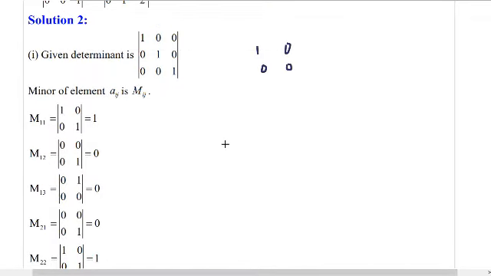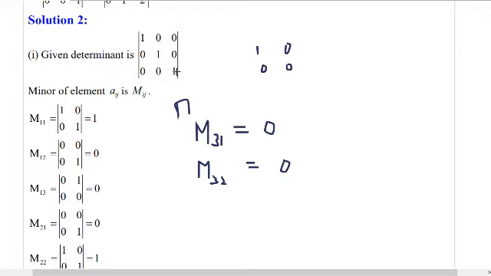Done? Alright, so let us proceed with the third row in the same manner. 3, 1. I am hiding the third row and first column, M31. The answer will be 0 minus 0, that is 0. Okay. Now if I hide this element, which is 3, 2, the minor that I'll get will be M32. And what is it equal to? By hiding this element by row and column, I'll get 0 minus 0, which is 0 again, right?